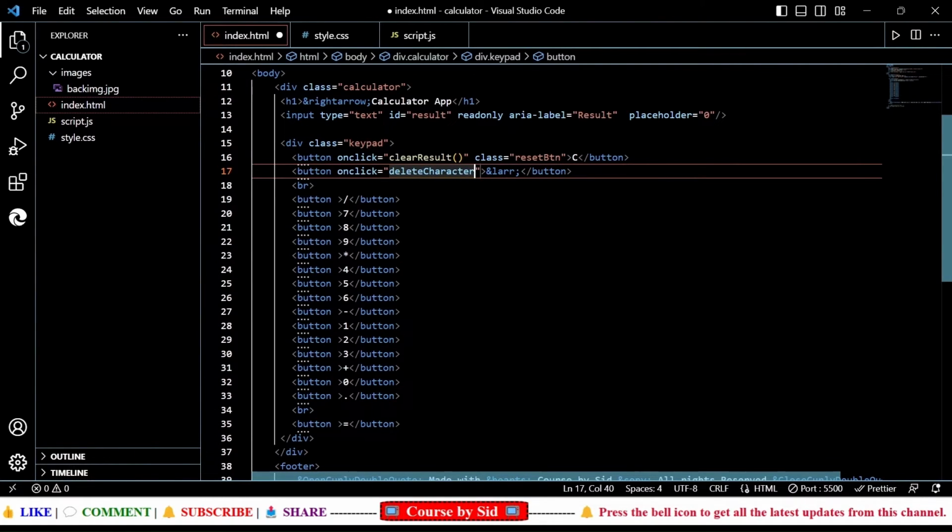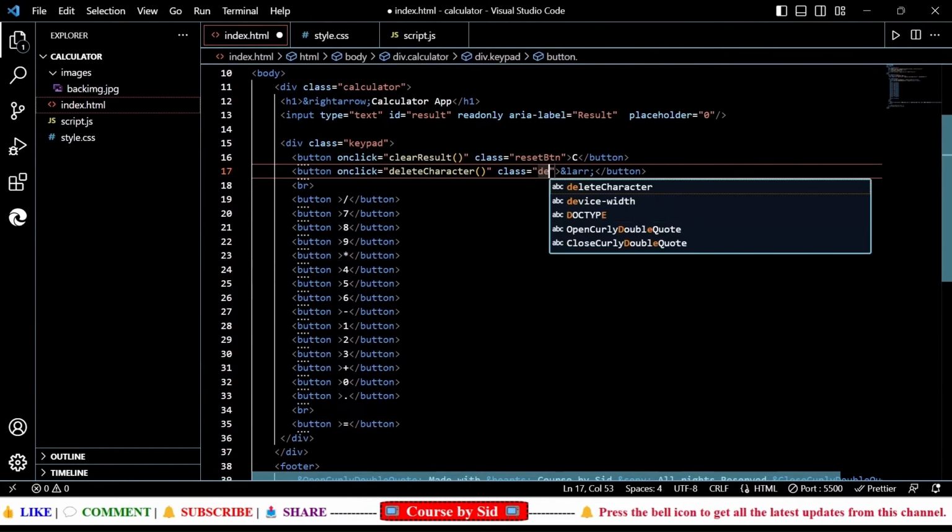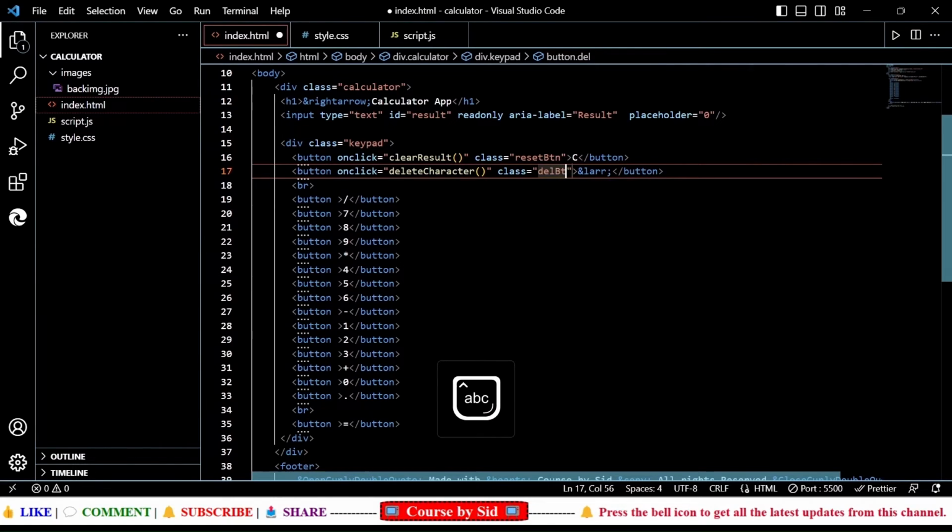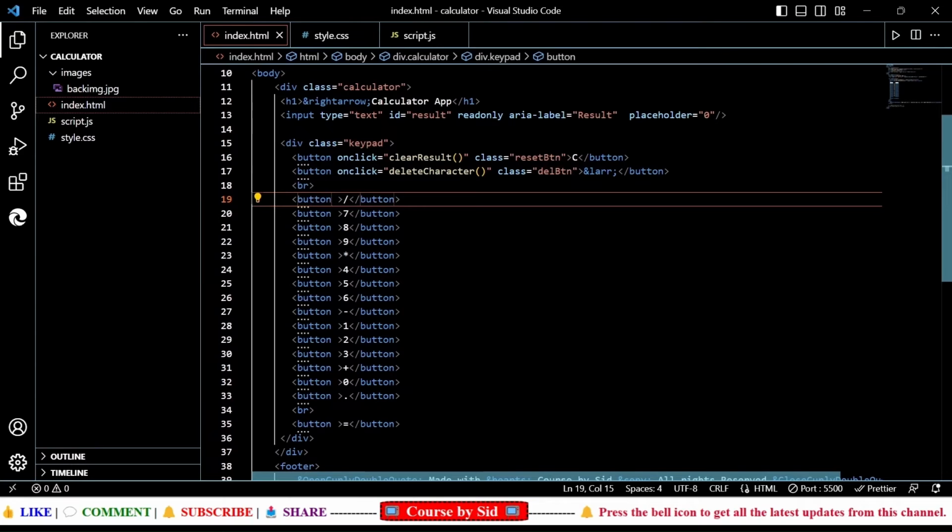Okay, delete character, and then we're going to give one class, and the class name will be delete button. So I'll write delbtn, delete button class, and on this division and for all these buttons wherever our numbers are